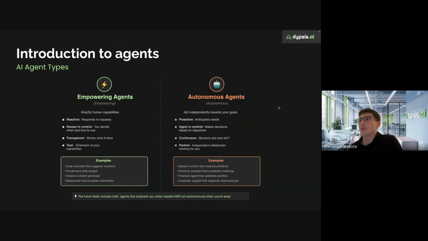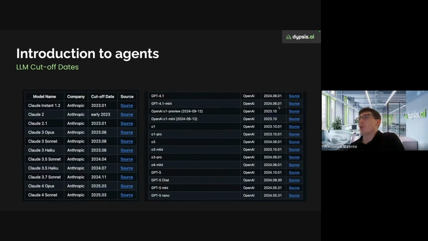So they are different, but we get the most out of these systems when we use both, because both are really powerful. Also, an important aspect about LLMs, which in a sense are the fuel of these agents: most people, I think, forget this, but it's very important to know that LLMs are only trained up to some date.